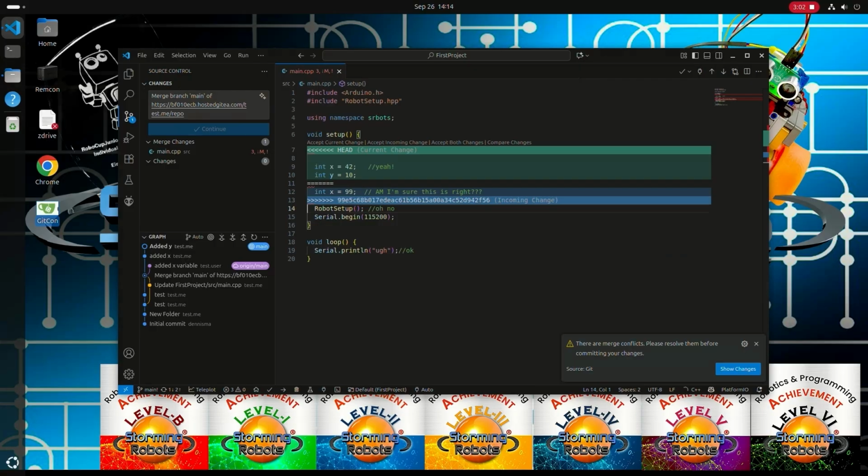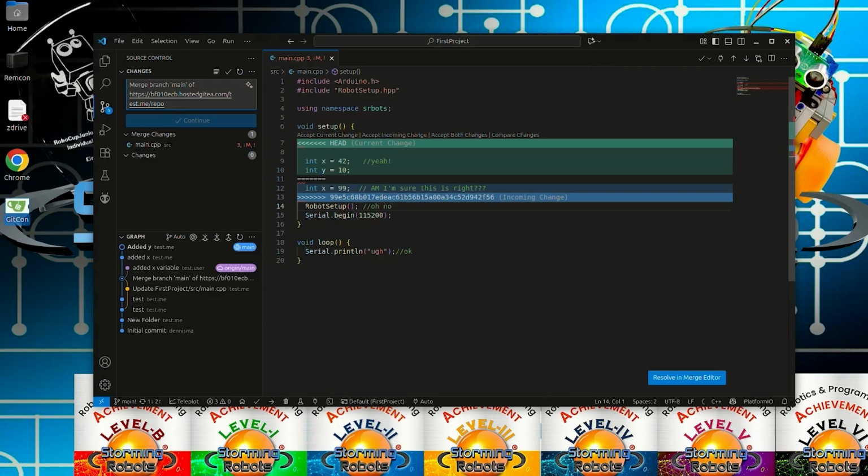And we can kind of zoom in on this a little bit. Or maybe we can't. Well, if you take a look, you should be able to read this and see that the one that is local is called the current change. The one that is remote is called the incoming change, okay? So let's take a look and see how we can handle these problems, because this is very common for kids to get, okay? As I said earlier, I can choose the current change or I could choose the